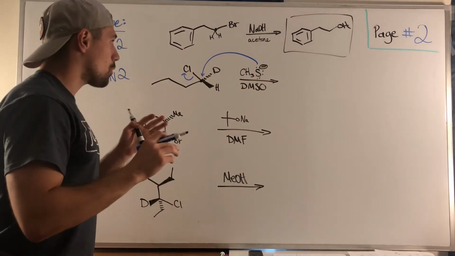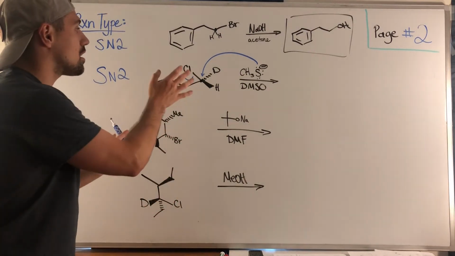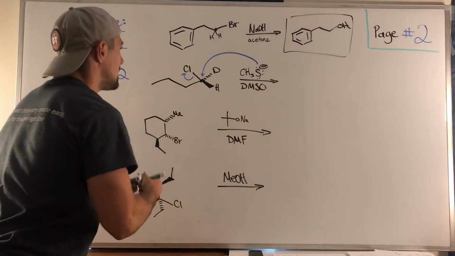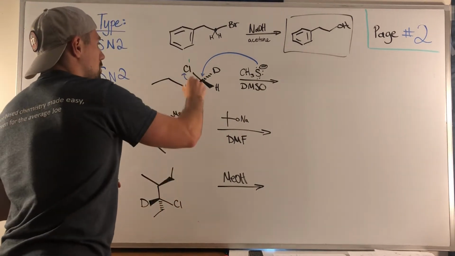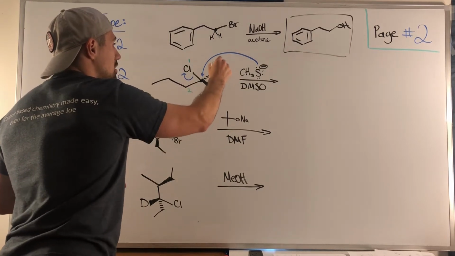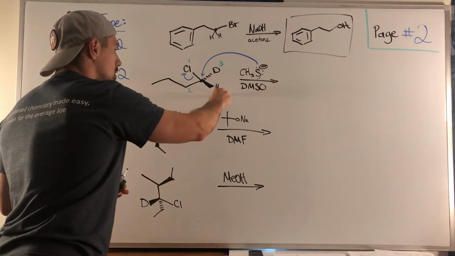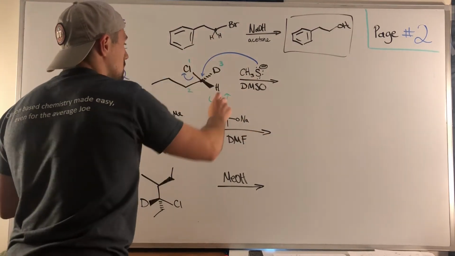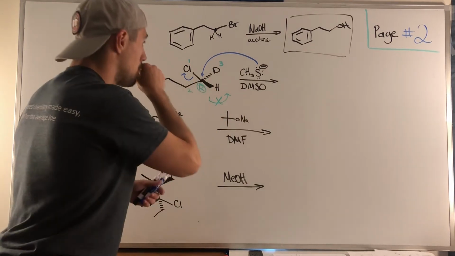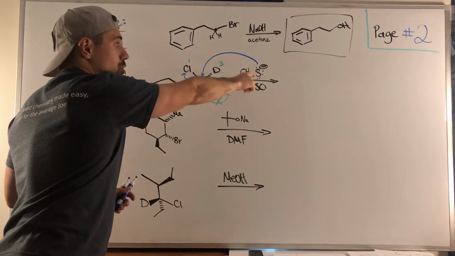However, we need to make sure we invert our stereochemistry. Just because our lowest priority group is facing us, we can do this really quickly and easily. Chlorine's highest priority, the carbon chain is second. Then we have the deuterium, because remember, deuterium is hydrogen with an extra neutron. So we look S, but we're actually R. Okay? So what I like to do is, since we will be sticking on this sulfur attached to a methyl